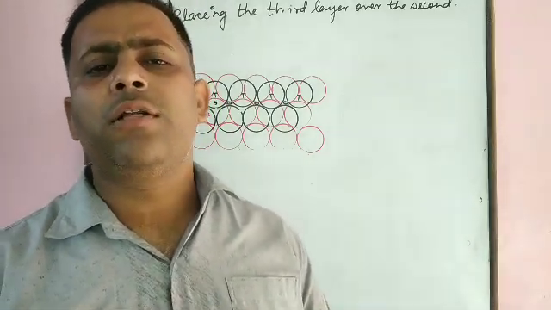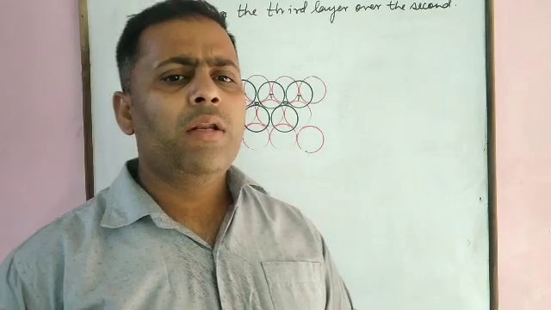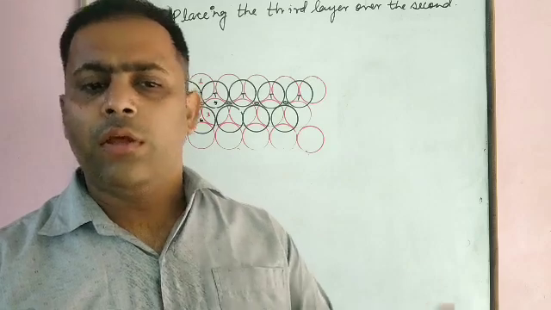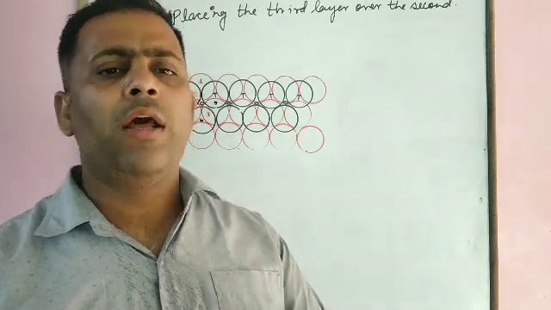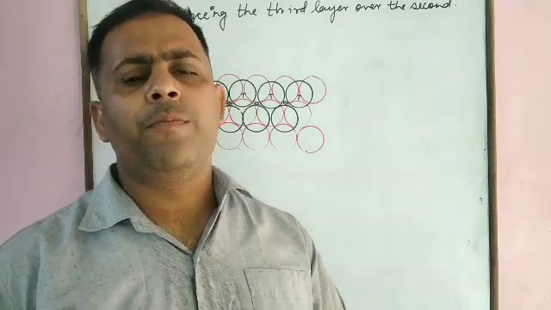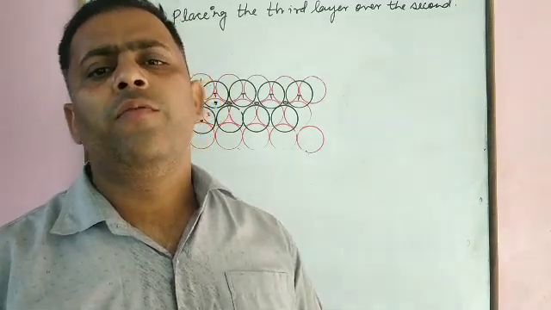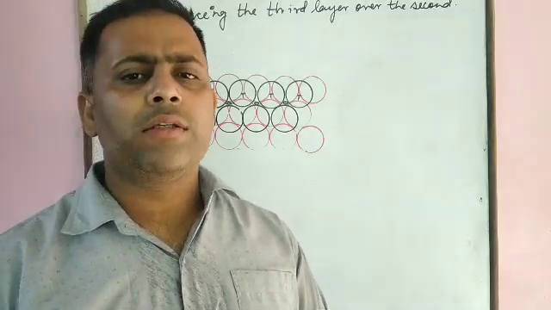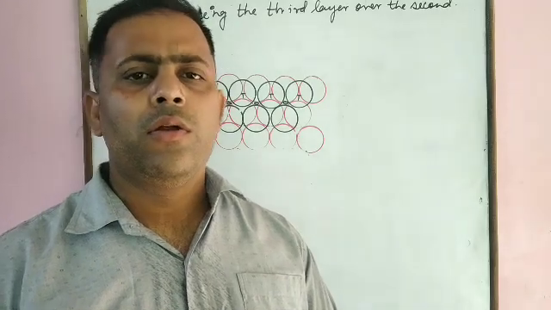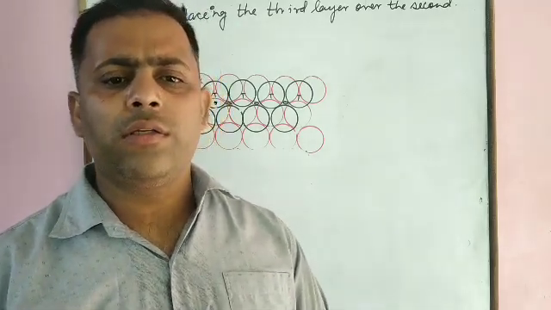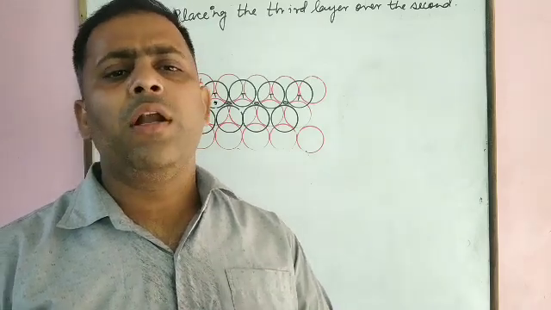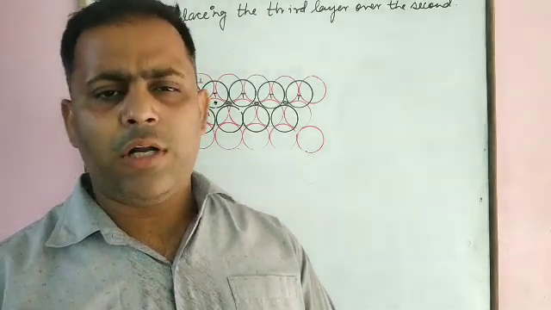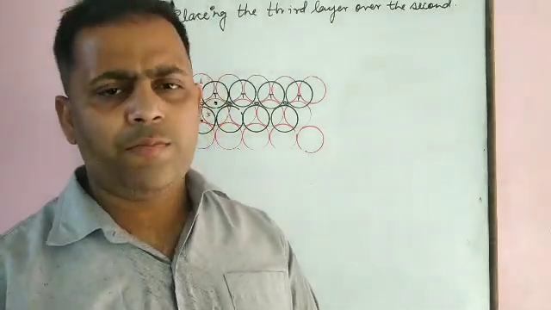When we are going to get the three-dimensional structure, then we have two ways. The first one is by placing the sphere of the second layer aligned to that of the first layer. The next one is that we have a hexagonal close packed structure in two dimensions, and we place the atoms of the second layer over the voids of the first layer. Then we have got tetrahedral voids and octahedral type voids.